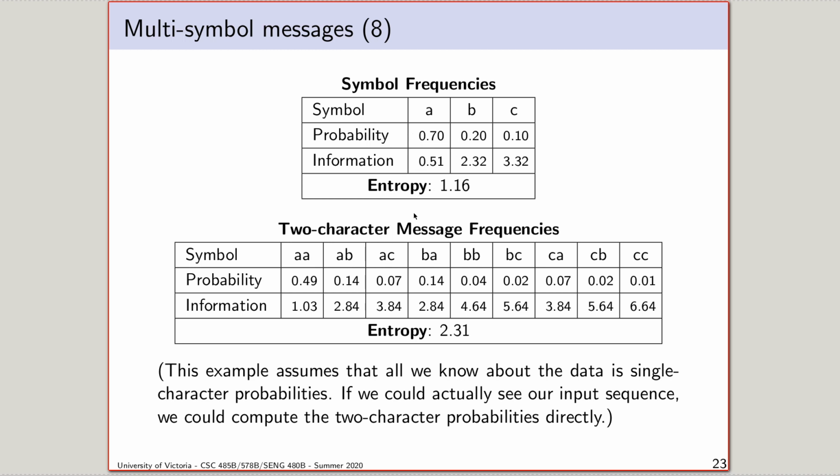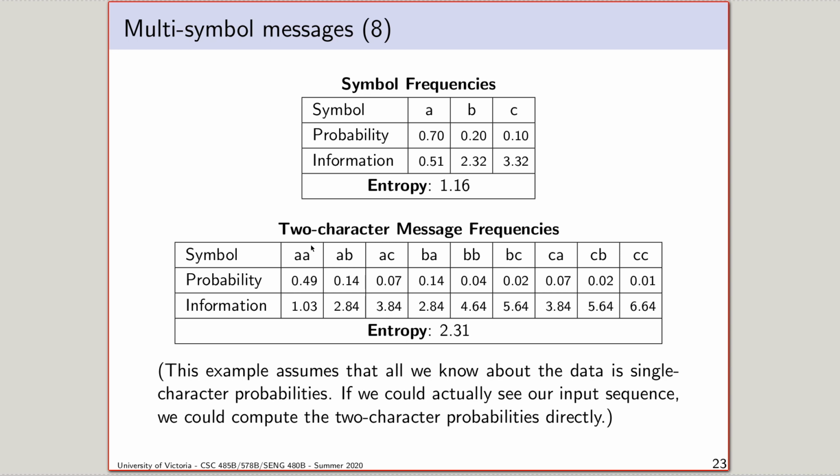If you actually had, not that you would ever do this, but if you had an actual input sequence, as you often do when you generate Huffman codes, you would probably just go through it and work out the actual frequency of AA, because you know that your input sequence would not be perfectly independent. We're talking about Huffman coding conceptually here, because the point I'm building to is something Huffman